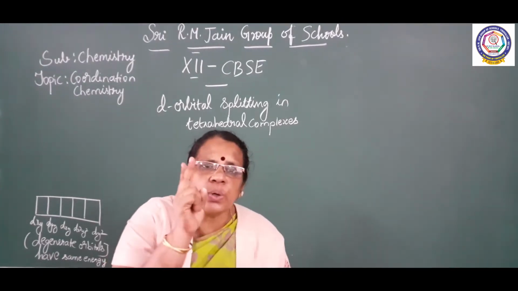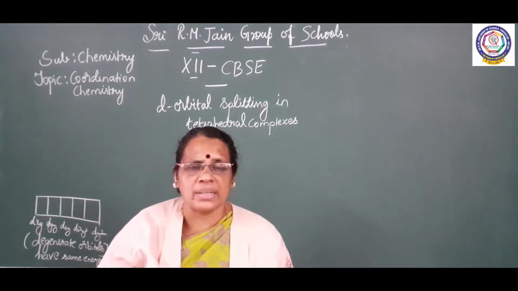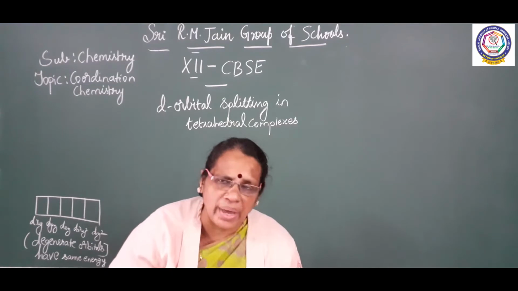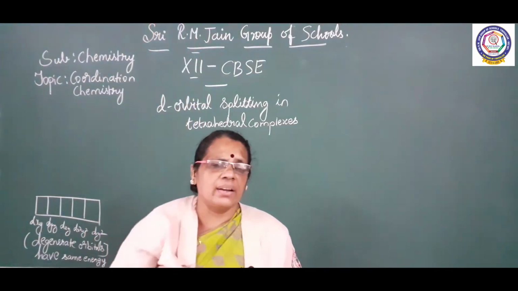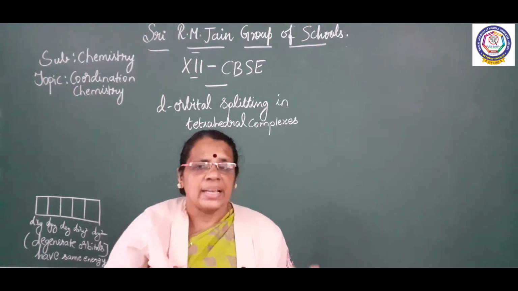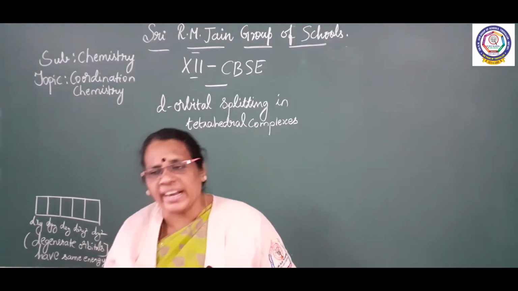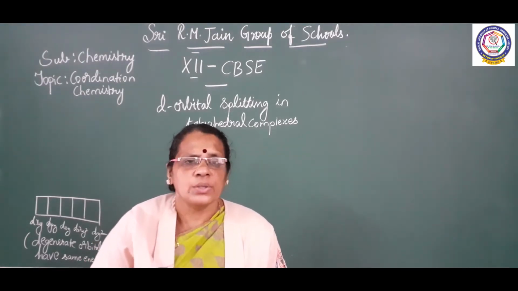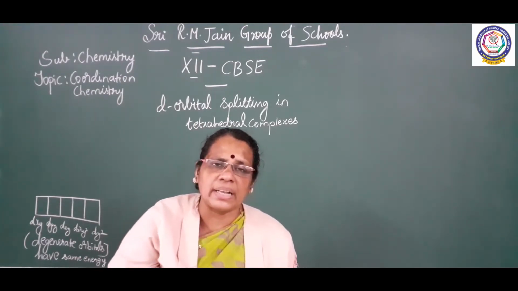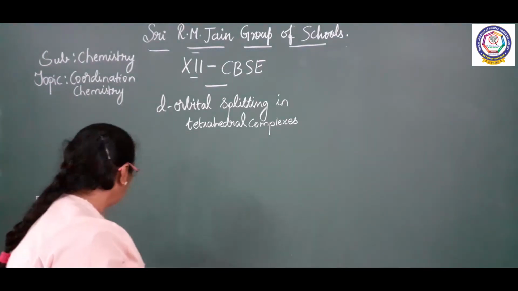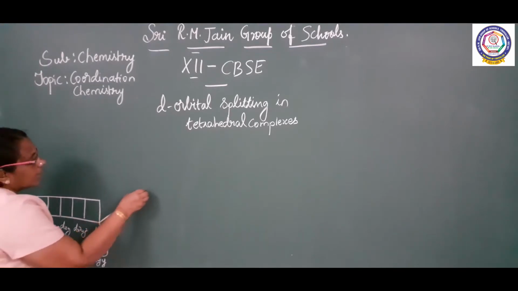You will have two sets of orbitals, low energy orbitals and higher energy orbitals. Here dxy, dyz and dxz will move to the higher energy level. We can call it T2. Whereas dx square minus y square and dz square will be towards the lower energy level. They will be E. So we are going to see how the d orbitals split when the ligands approach the central metal ion between the axis. These are the 5 d orbitals which have similar energy.